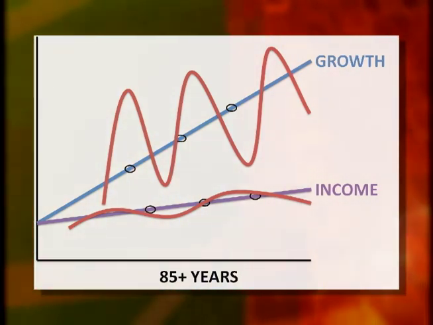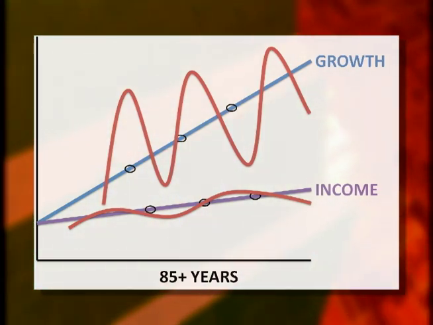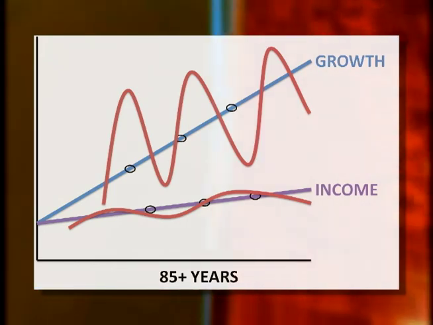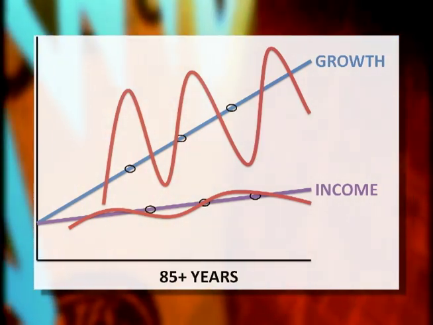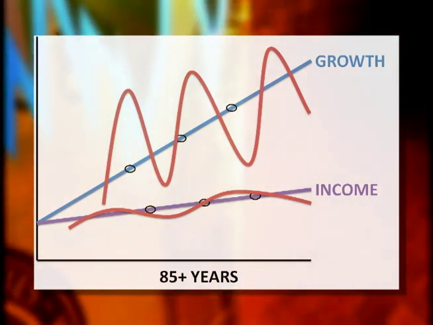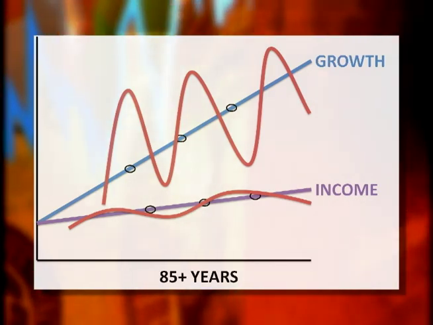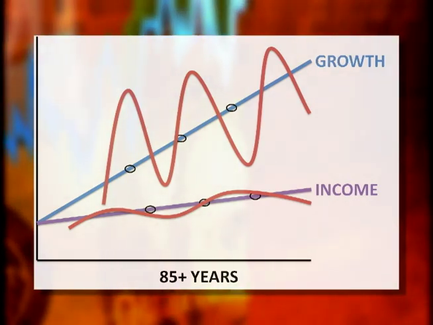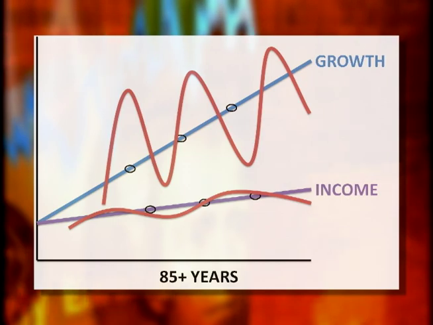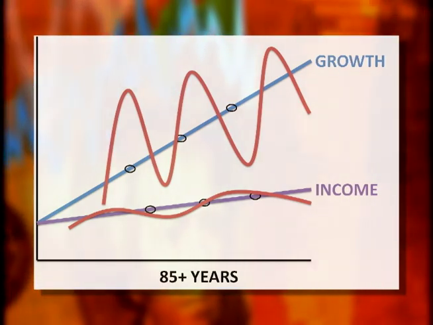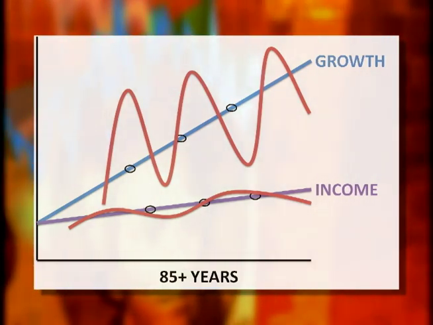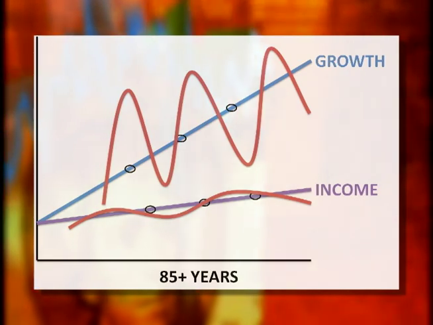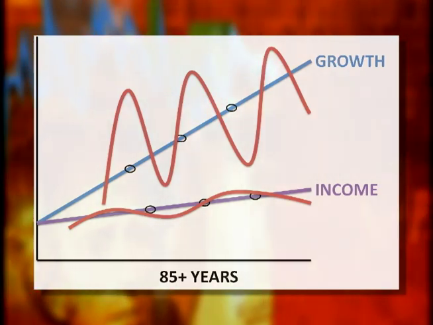Now, when I say income-oriented investments, what I'm talking about would include certificates of deposit, treasury bills, treasury bonds, corporate bonds, and so on. Sure, income investments do move up and down from time to time, but the amount of up and down movement is usually not enough to cause too much emotional upset. However, income investments don't produce much gain over time.